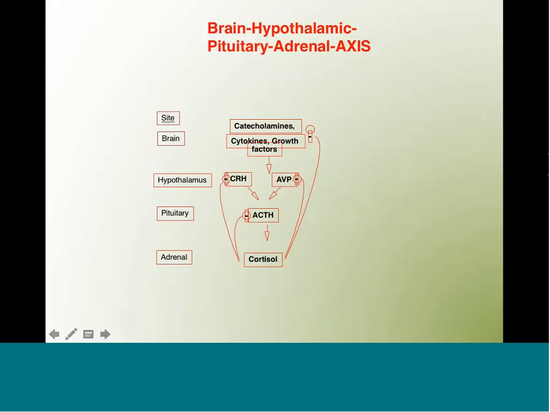And this shows the brain hypothalamic pituitary adrenal axis. The important issue is the brain has cytokines and growth factors that regulate CRH, corticotropin releasing hormone, which we know as the hypothalamic hormone, but also AVP coming from the hypothalamus via the posterior pituitary. Both of them regulate ACTH. The CRH is a little bit more important, but the AVP is crucial also. ACTH goes from the pituitary down to the adrenals to make cortisol. So AVP is very important in cortisol regulation in addition to its cousin CRH.